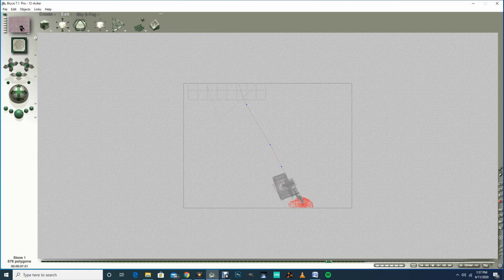And about right there. And at this point, we probably won't even see it. But just to be sure, I'll add a few more keyframes to the end here. So that would be the last one right there. So the rock will follow it all the way to the end, even though you're not going to